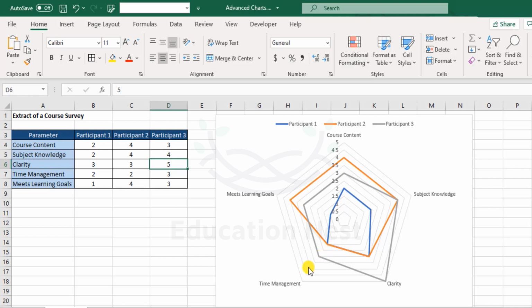So the farther away each point is, the higher the score is. The closer it is towards the center, for example, over here, we see meets learning goals. The blue one, that's the first participant, has rated 1. That means he or she is not happy with this course. Okay. But the one in gray seems to be quite happy in terms of clarity, but otherwise he's still given